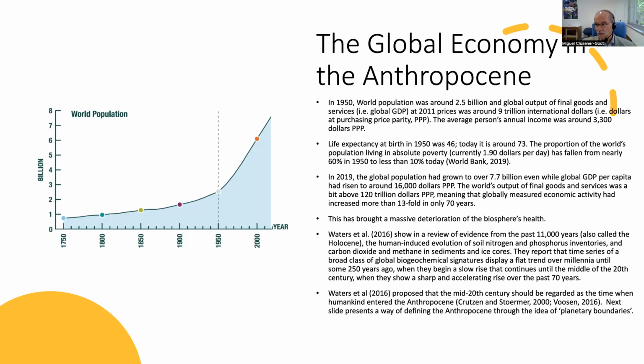So there was a trend, and we can see that before the last 250 years, this was a very slow rise when you see the impact of the human activities on the Earth. But then, in the last 70 years, first from 1950, there was a big change, a big race in everything. So they call it now the Anthropocene. This is a term used. So from 1950 until today.